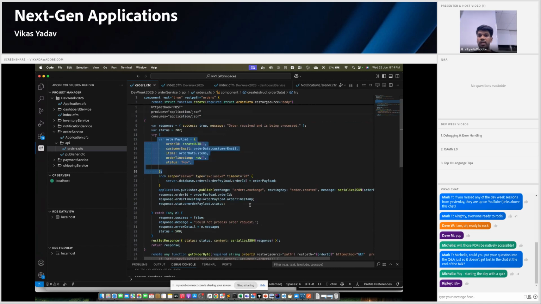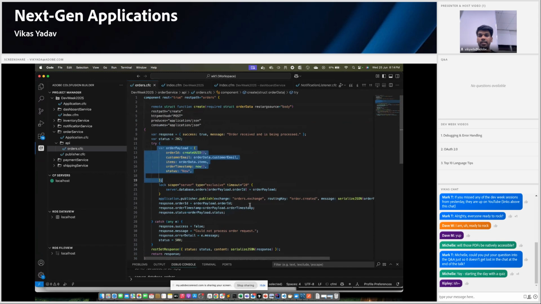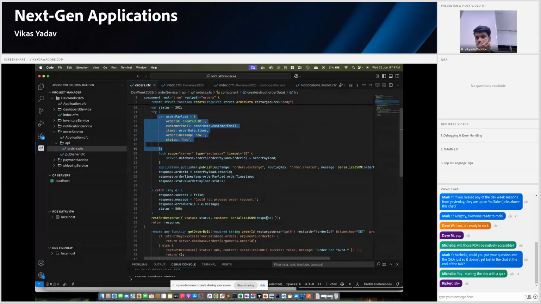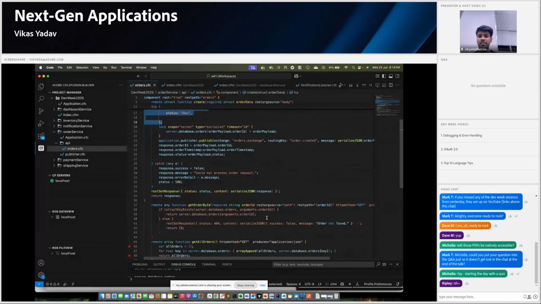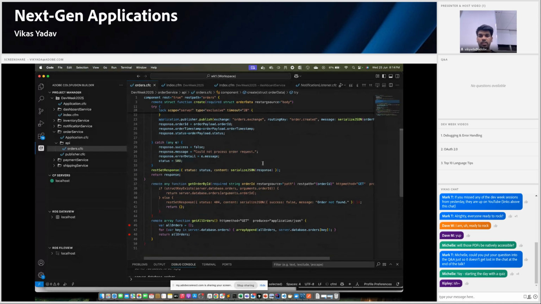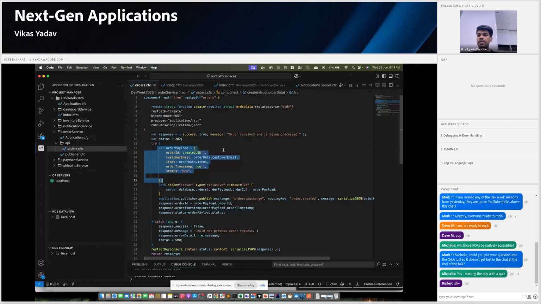So this is a very basic API, the create API. It takes input as the order. It adds it to the database. It publishes the message that the order has been created into the exchange, the order exchange. And that's done. The task of this particular service is done. And so once the order is created, then